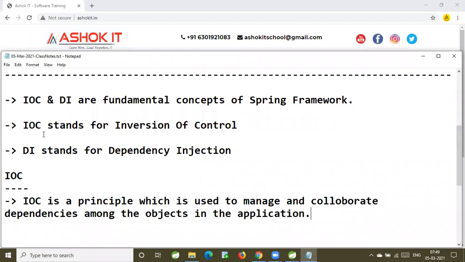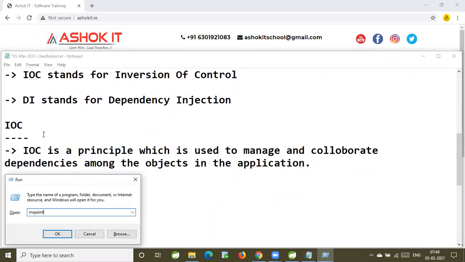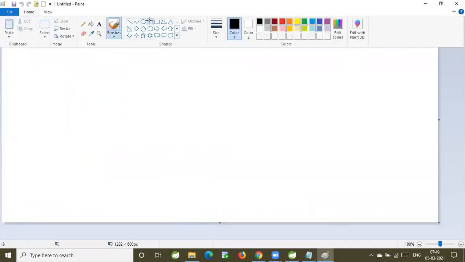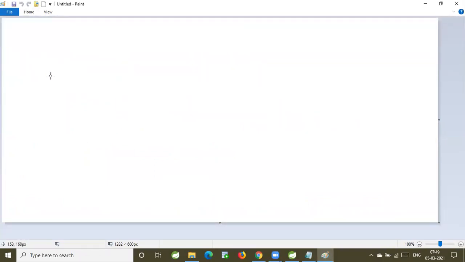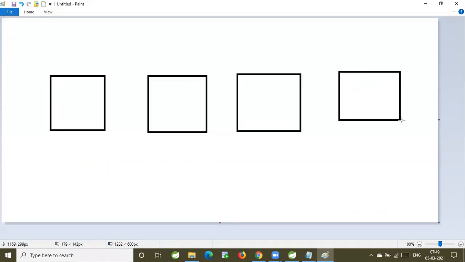Now, sir, what is the meaning of managing and collaborating the objects in the application? Here, if we take any project, multiple layers will be available: persistent layer, service layer, web layer, user interface.